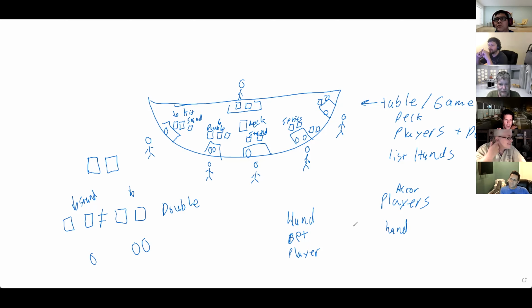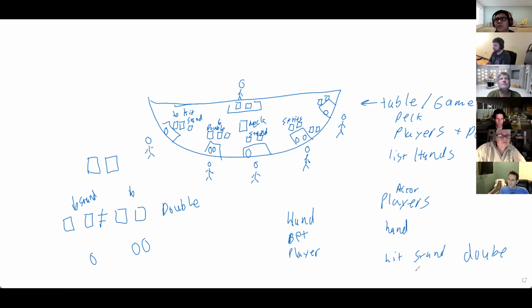And for this, it really allows that split to just be infinite in that case. Because then whenever we add another hand, we can just add it to the end here. And I wonder about where are the actions going to take place? We've already said that the player is just in charge, the actors are just in charge of telling us what we want to do. So the hit, stand, double,